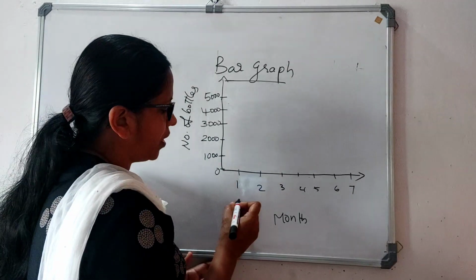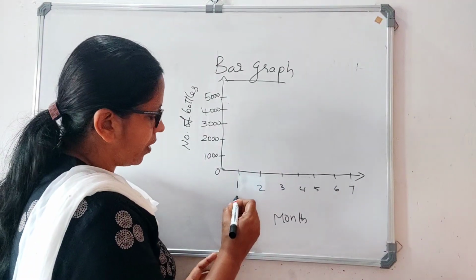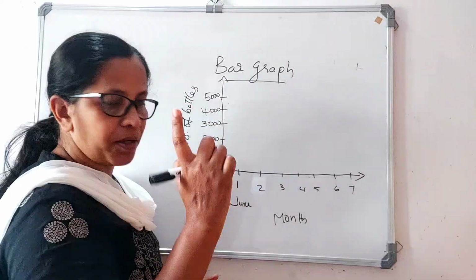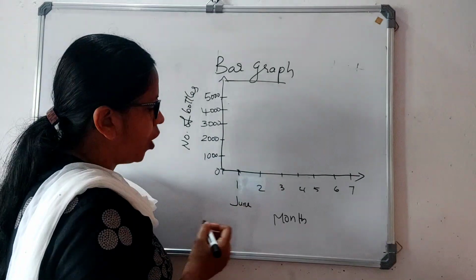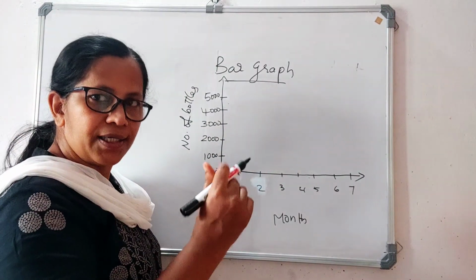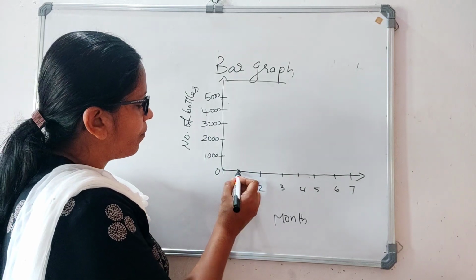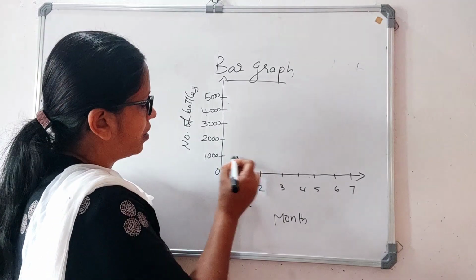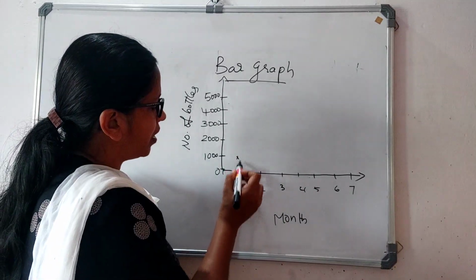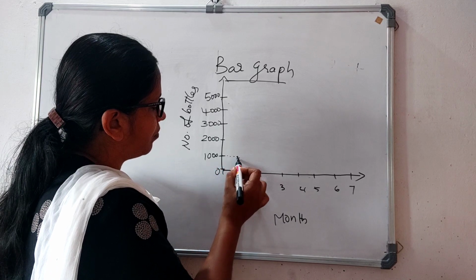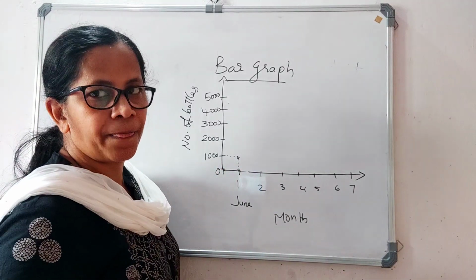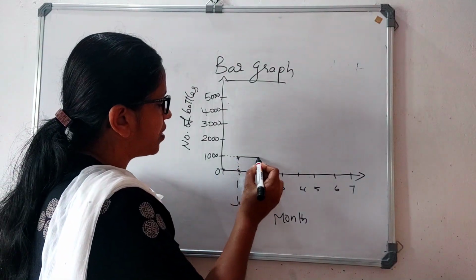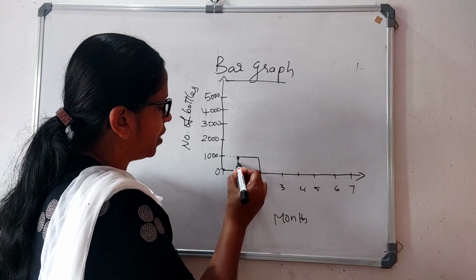Next, we write the first month, June. From here the gap is 1 centimeter. Mark this June. How many bottles are produced in the month of June? It is given as 1000. So the line joining from here to here, the straight line, just mark it like this. Keep the scale and mark it here, and at the joining line from here to here, put a star mark. That is our mark. From here to here, see, next 1 centimeter, you can join it like this.